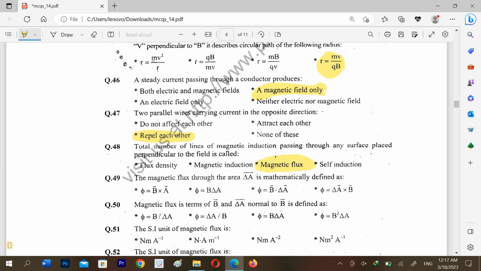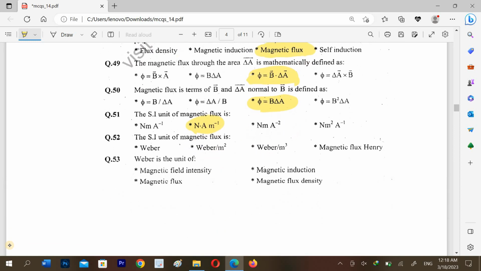The magnetic flux through the area A is mathematically defined in terms of B and A, with the normal to the area along B. The SI unit of magnetic flux is